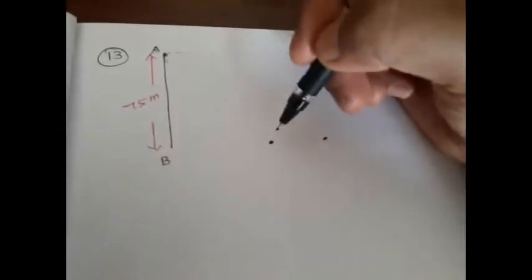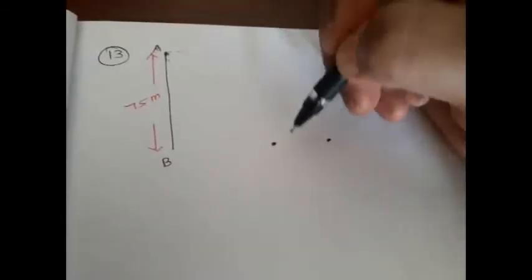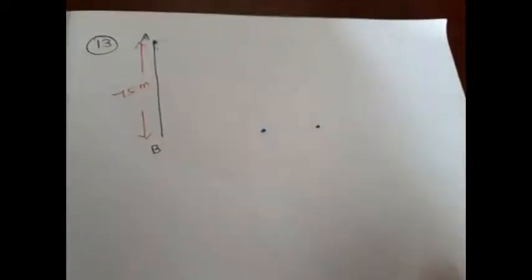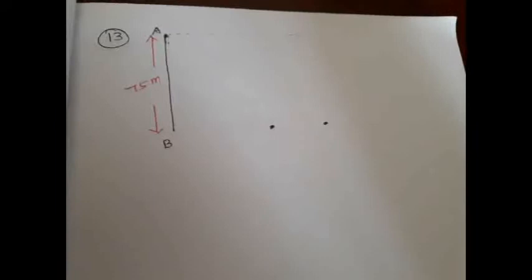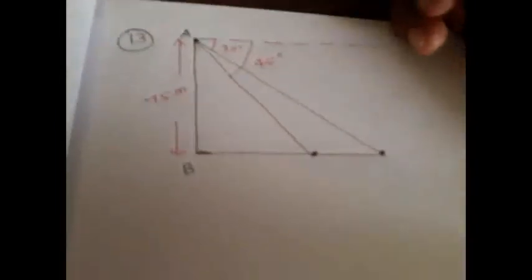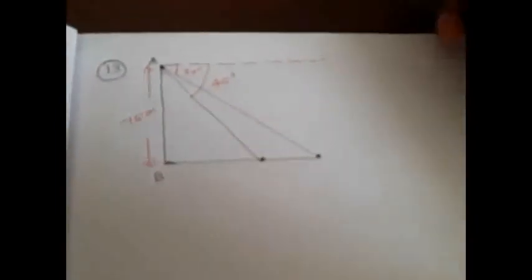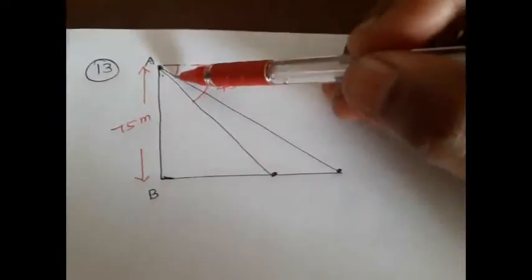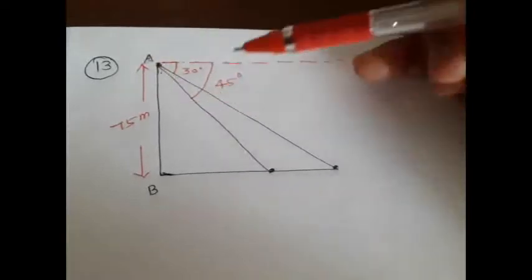If one ship is exactly behind the other on the same side of the lighthouse, find the distance between the ships. The distance between the two ships we need to find out. So how will you draw the diagram now? Now see, this is our line of sight, and first ship, when they observe, the angle of depression is going to be 30 degree, and the second ship it is 45 degree.